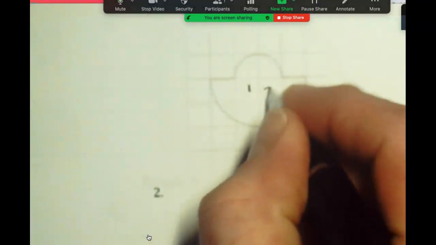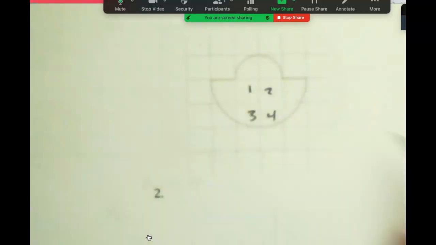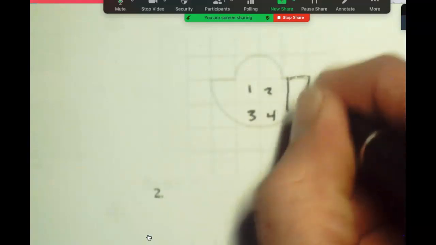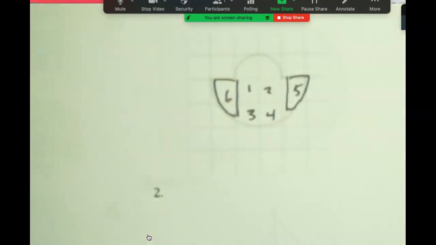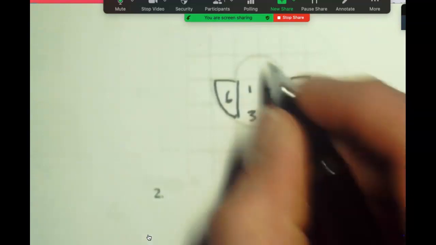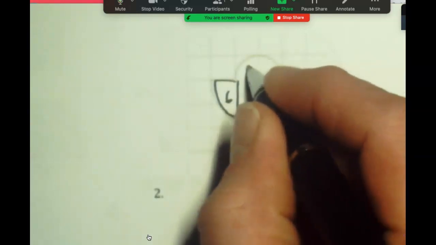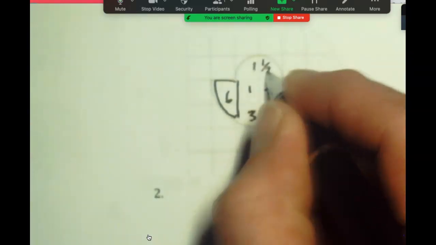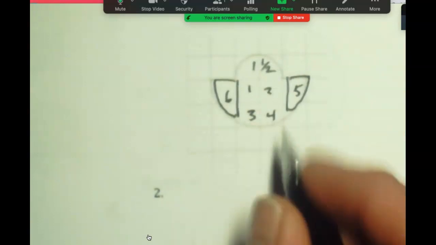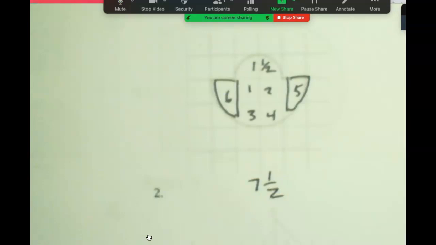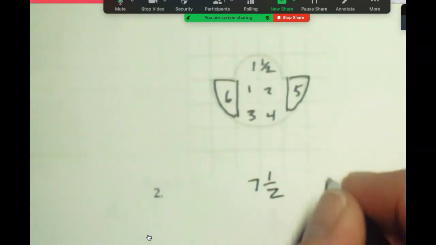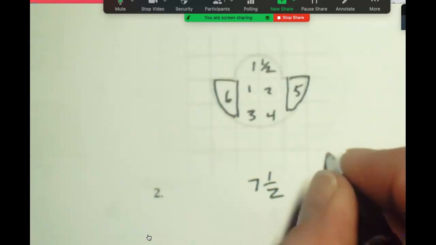This would be 1, 2, 3, and 4. So I have 4 whole shapes here. These two together would probably make 5. These two together would probably make 6. Wow, this is going to be tough because this is certainly more than 1. I would call this one maybe 1.5 up here. So we're looking at 6. We're calling this maybe 7 1/2. I think if you estimated that as 8, that would be great, or if you estimated it as 7, I think all 3 of these would be acceptable